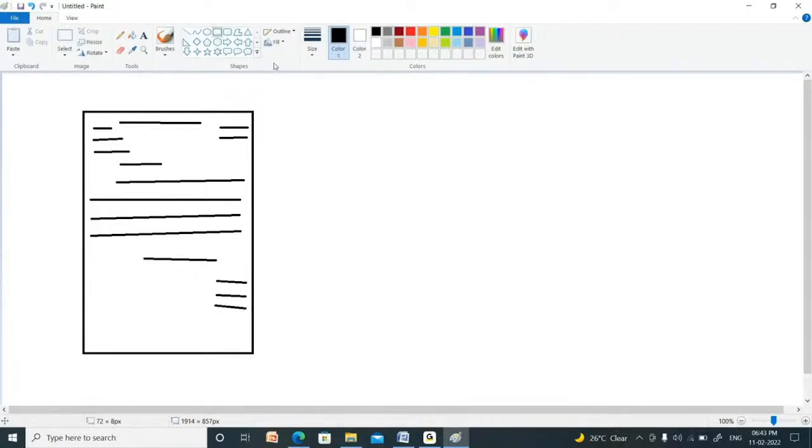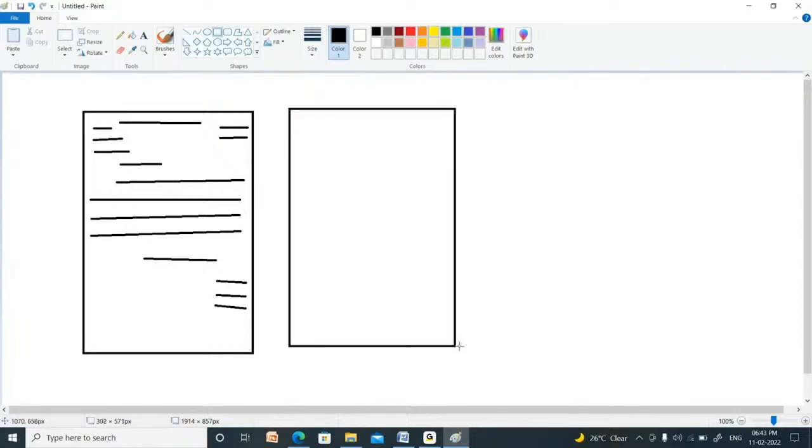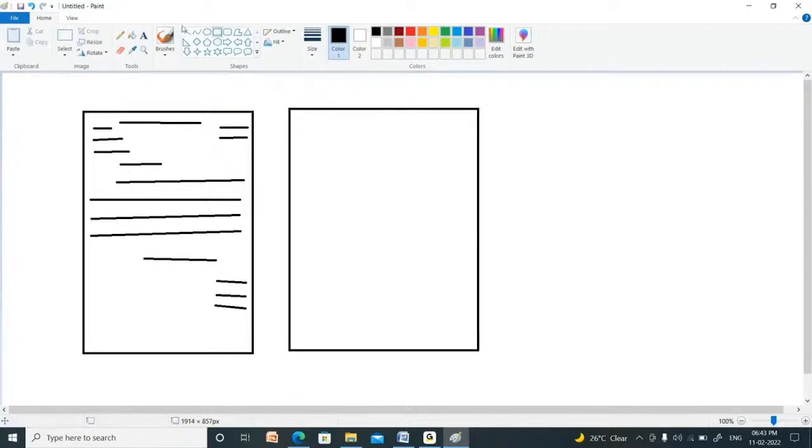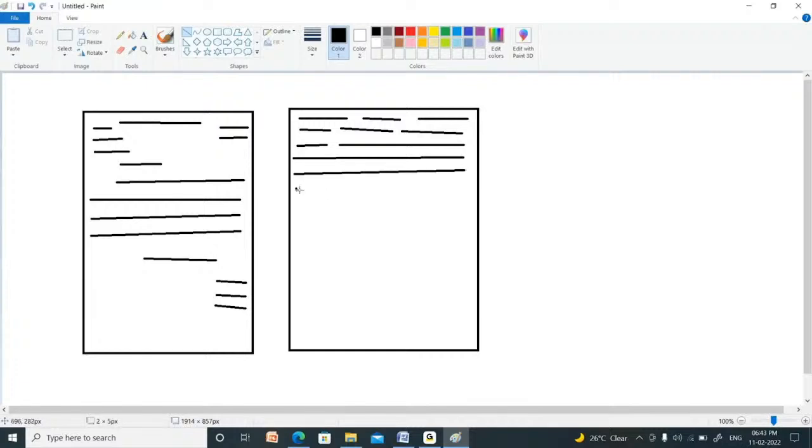But I write a leave letter like this, in continuous manner: leave letter, today's date, my village, to the principal of so and so college. Respected sir, I am suffering from fever, so please grant me leave for 2 days. Thanking you, sir. Yours faithfully, my signature, my name.